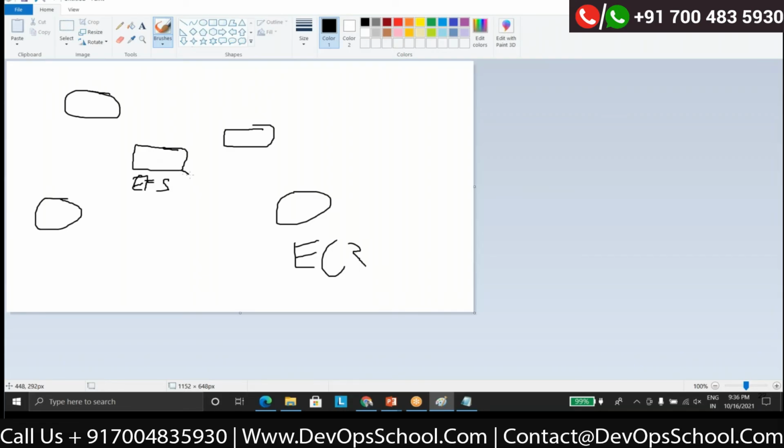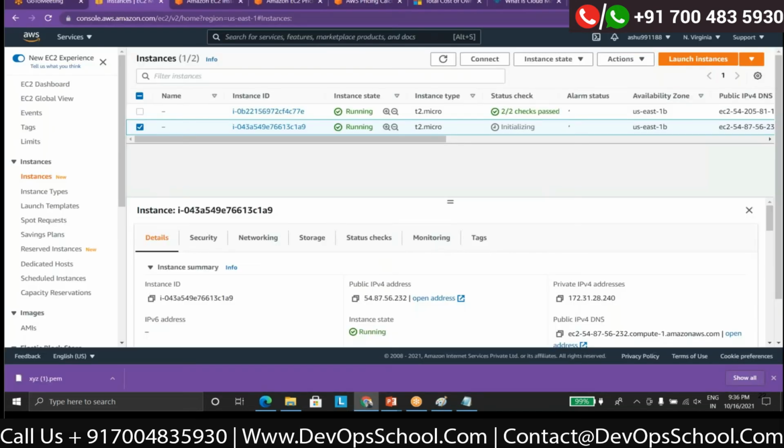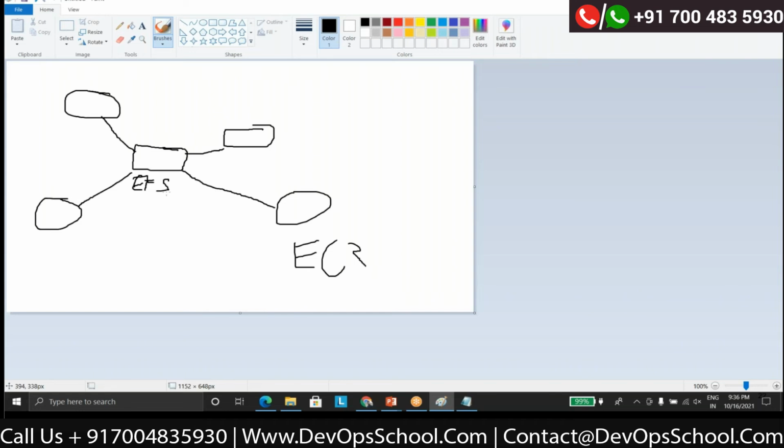And this EFS you can attach through commands to the EC2 instances. So it will be a centralized storage attached to these EC2 instances, and you can access it. Again, this is charged according to usage, and one more thing, there is no limit to the EFS. You can store TBs of data. But if I'm storing 1 GB of files, I'll be charged only for 1 GB. EFS is like a shared folder.